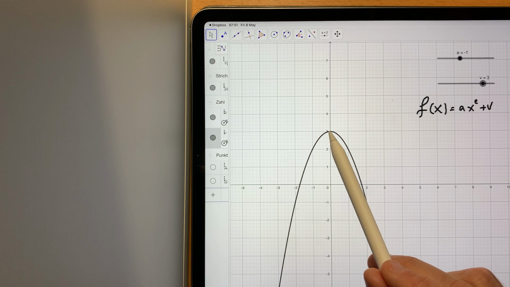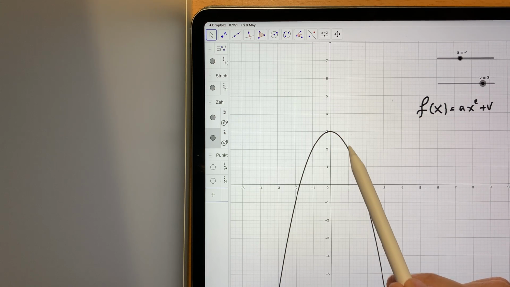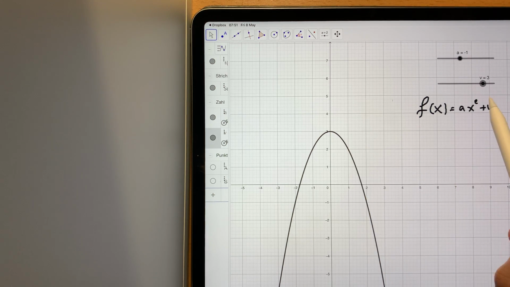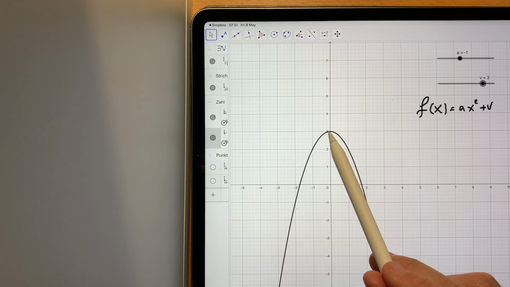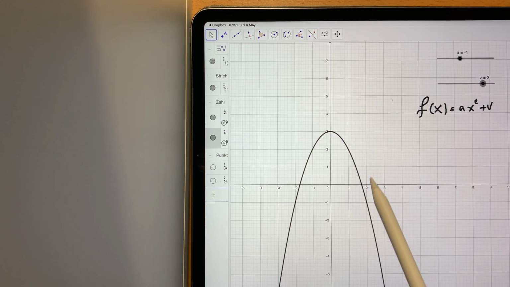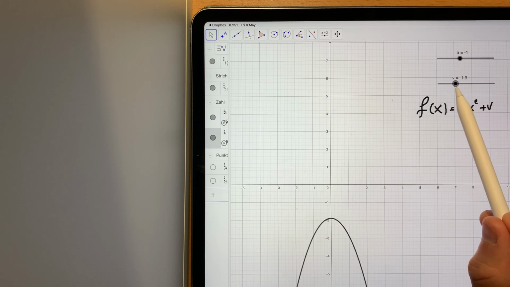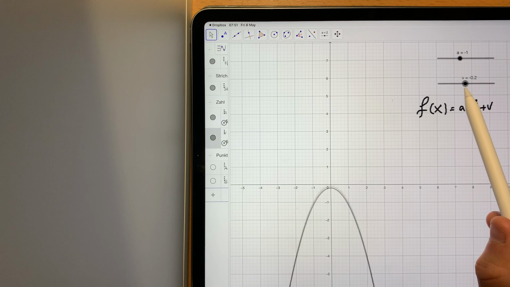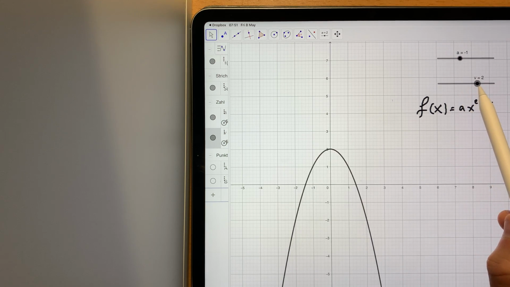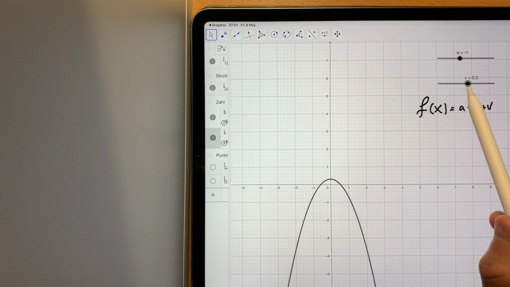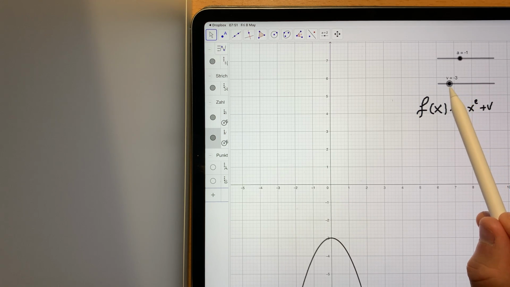So when you plug in 1, it's minus, then 1 in brackets, squared. So that's minus 1. Now plus 3, it will go through 2. It's again 1 to the right, 1 down, 2 to the right, 4 down, 3 to the right, 9 down. Okay? So as you move it along, it will be shifted downwards or upwards. It will be translated vertically by, for example, 2 units, or it will be shifted vertically by minus 3 units,